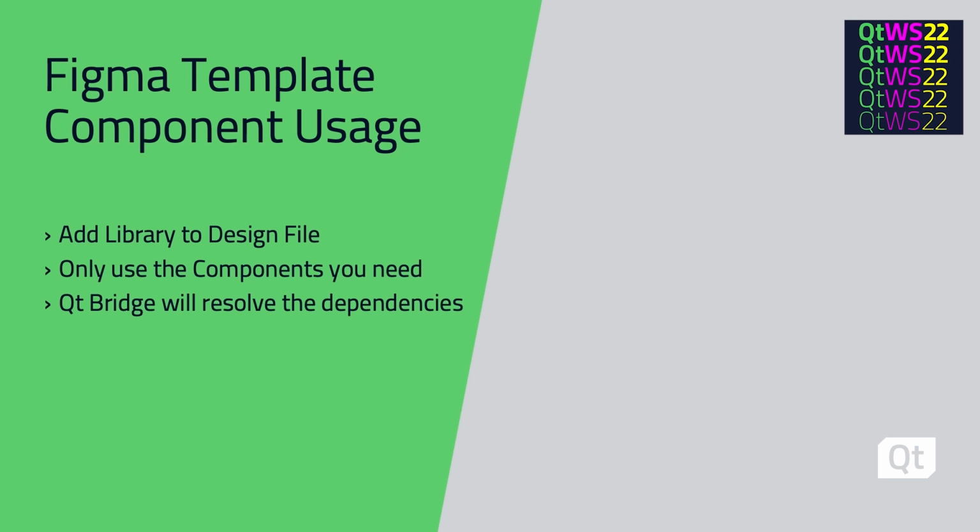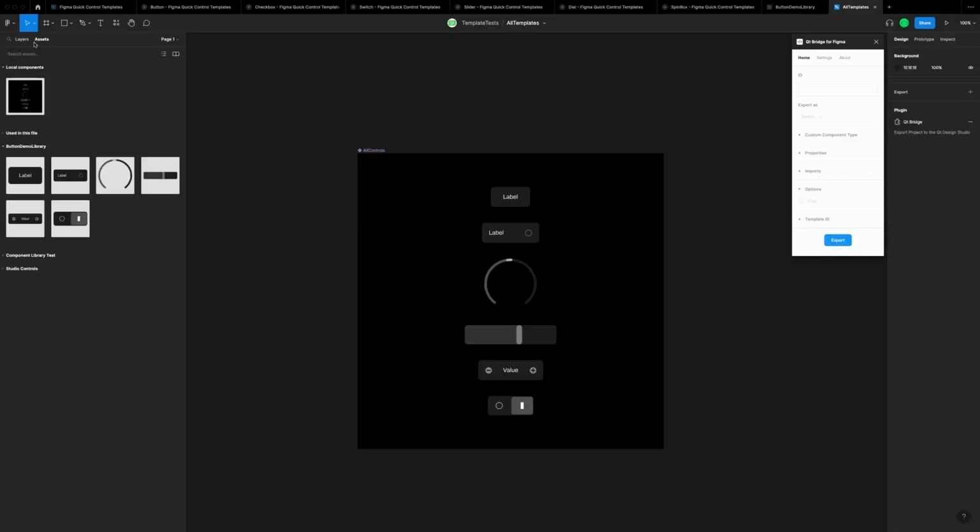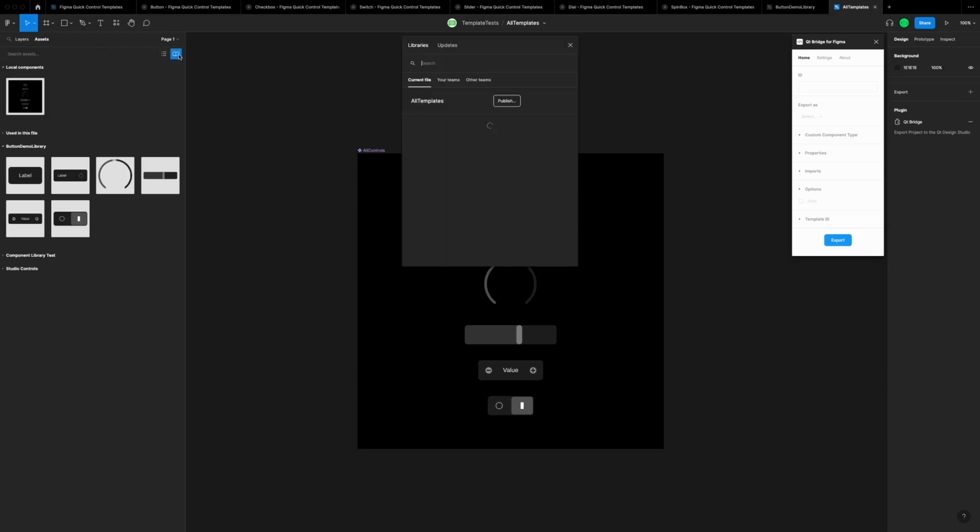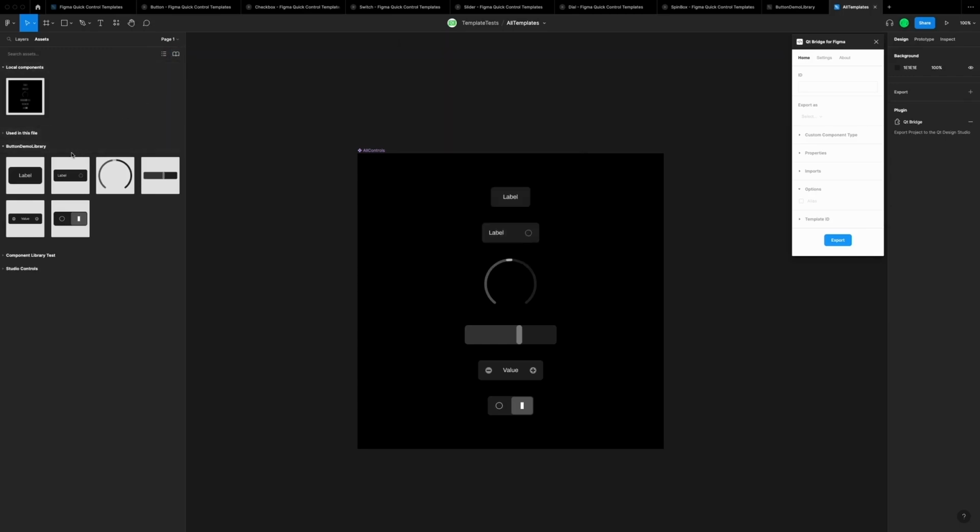And we see that here in this Figma design file that we actually have this library. And we can show that this is this library here. And with this library enabled, we have access to all of the components that we have designed in our template, but only the components that we want to use in our design. So we can drag a button or a checkbox or a dial or a slider directly from here into our design,